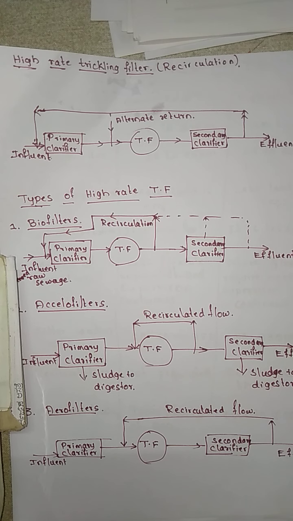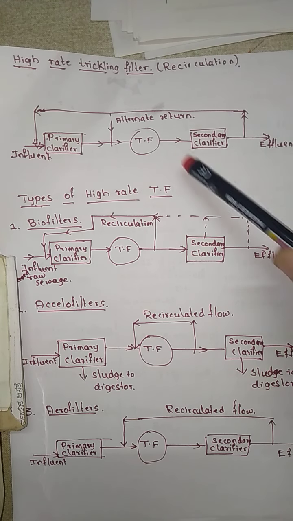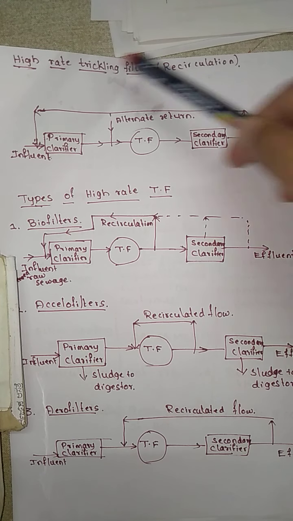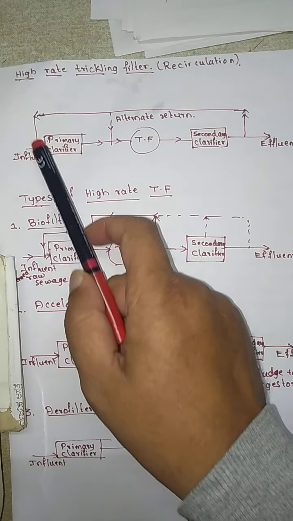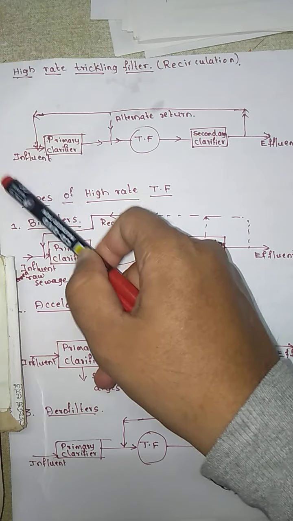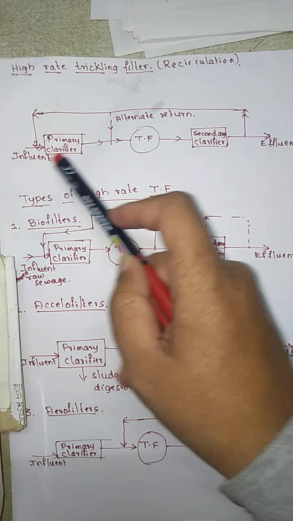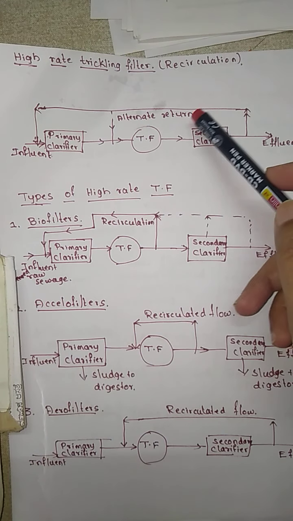Now, recirculation of sewage is very essential and important to have the high rate of filtration, and the recirculation consists of returning a portion of the treated or partly treated sewage to the treatment process. Again, the recirculation is going to happen. Usually this return is from the secondary settling tank, that is, the secondary clarifier, and it goes again to the primary clarifier. The influent, the raw sewage, is filtered through a primary clarifier, then it goes to the trickling filter, then the secondary clarifier.